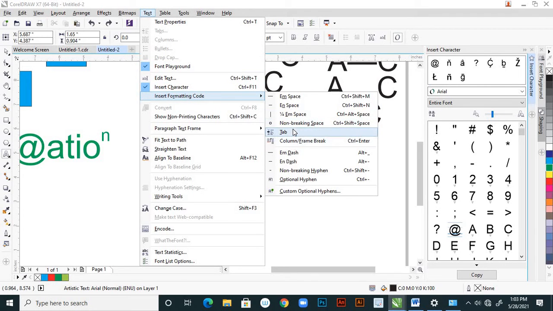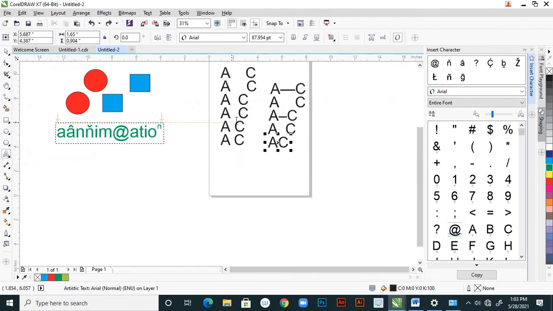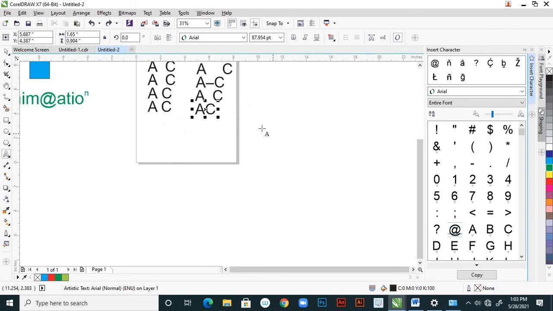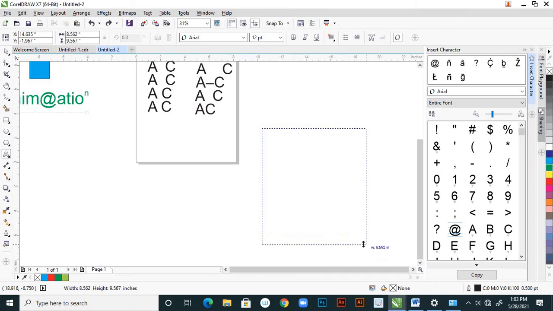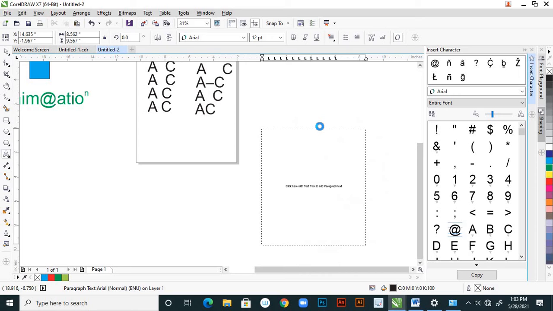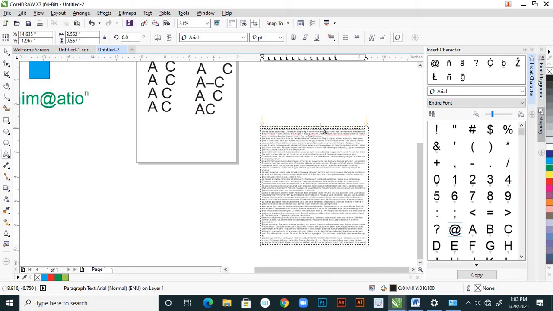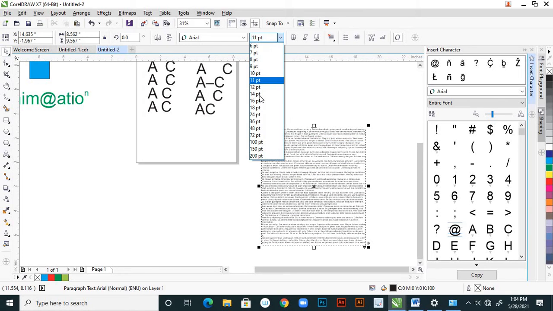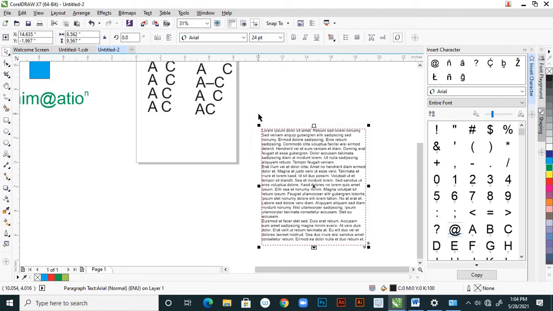Yeah, here I'm using that column and frame break. So what is that column and frame break? Suppose sometimes we use columns. So this is my text, or right click in that and insert placeholder text. This is my text, and suppose you can select this and give the font 24 size.